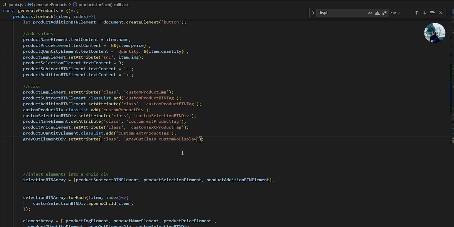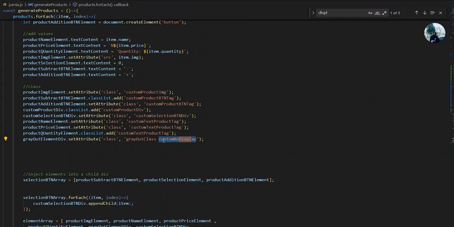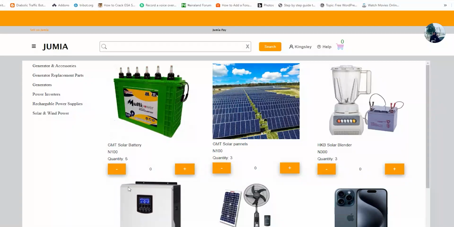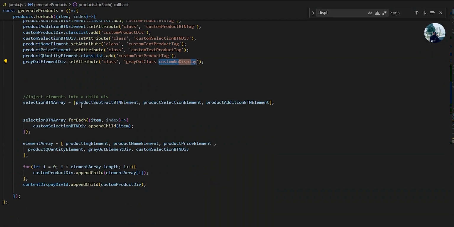Let's see if this will work. So add this class no display, so it takes this away completely. Definitely, that's taking this away because we have this class here, no display. So we want to systematically turn it on only when product becomes zero. When product becomes zero. So if we go here,